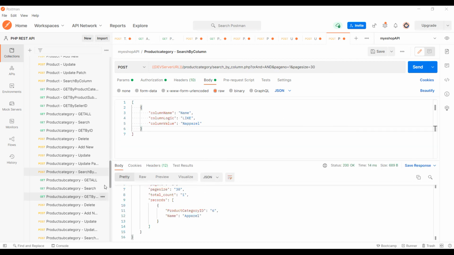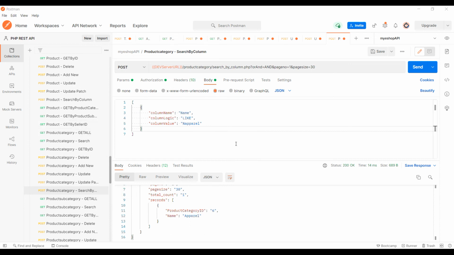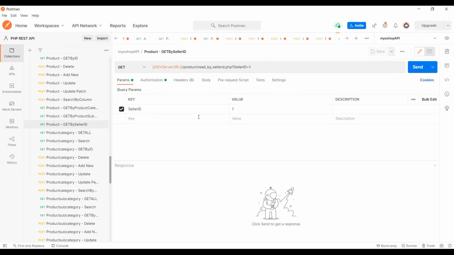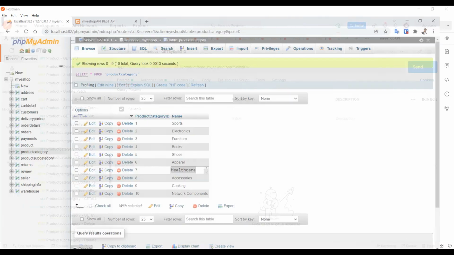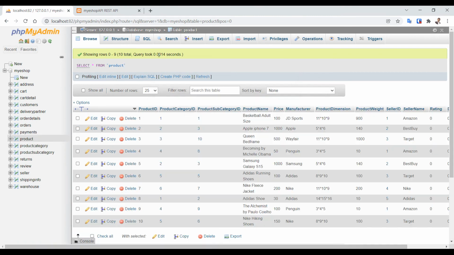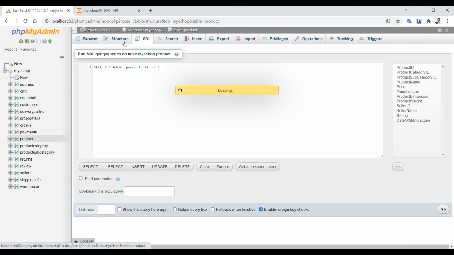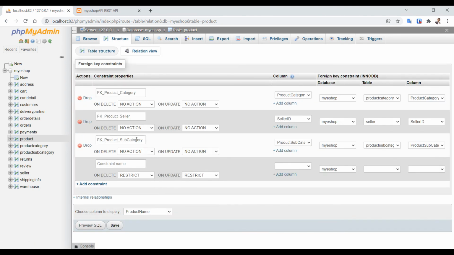Another interesting endpoint is one based on your foreign key, where you can get some data. So here I have get by seller ID. This seller ID is a foreign key to product. Let's go to the product table, and if I see here SQL structure relationship, I can see that seller ID is a foreign key to this table.